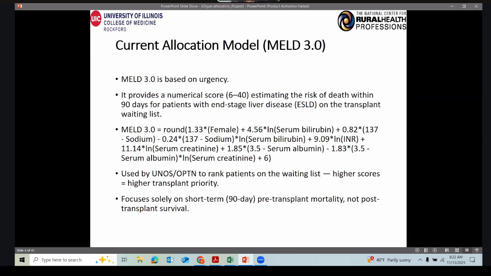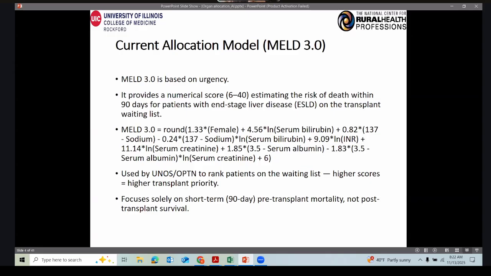This formula also includes an adjustment for female patients to address the historical disparities in access to transplantations, since women often had low creatinine levels that underestimate their disease severity. While the equation looks complicated, the main takeaway is MELD 3.0 provides a way to objectively rank patients based on how sick they are right now. The UNOS and OPTN, the organizations managing the national transplant list,